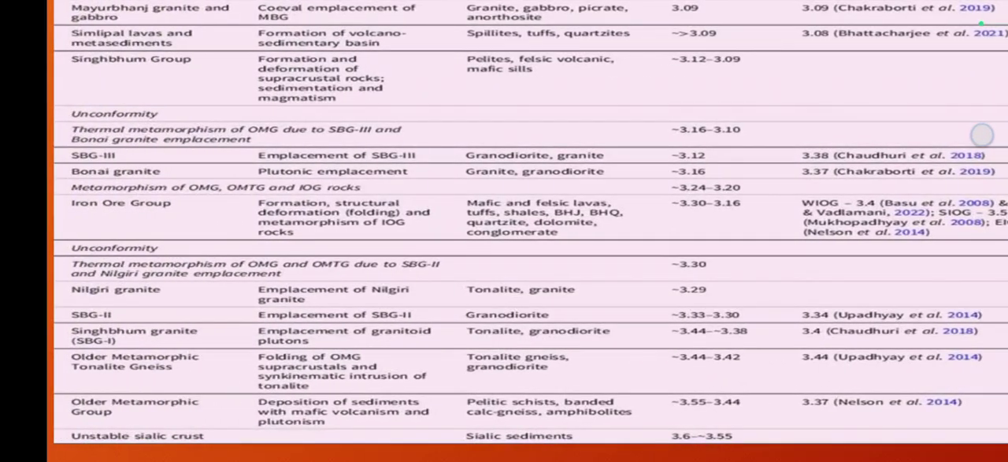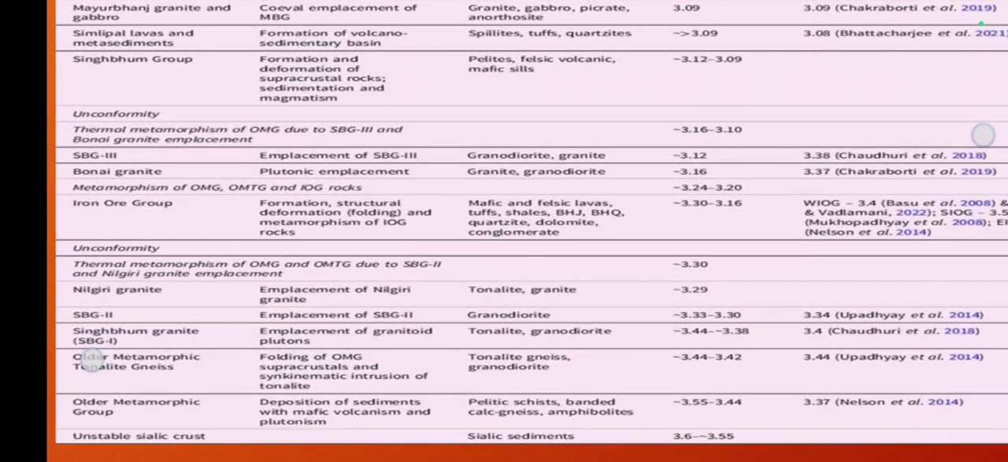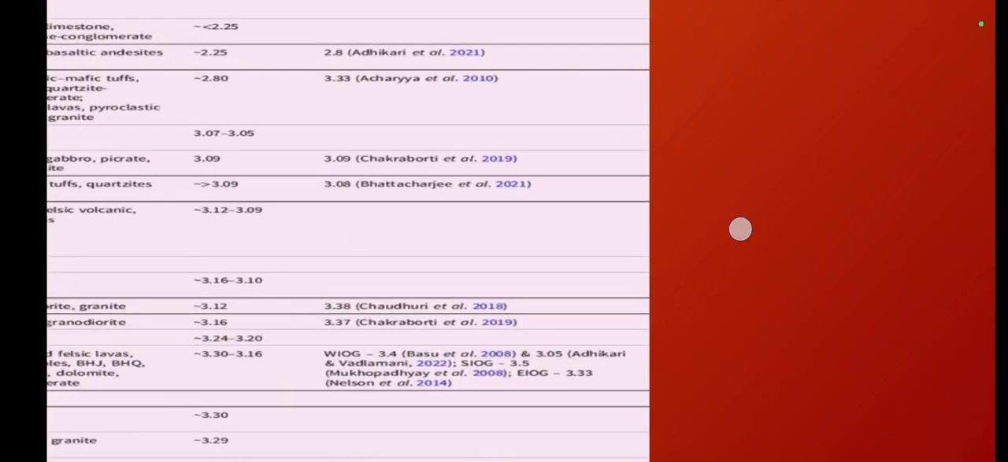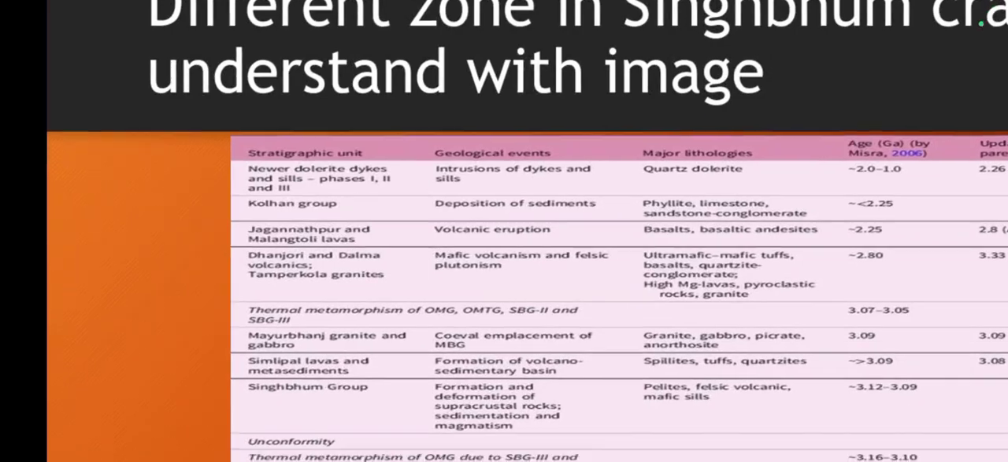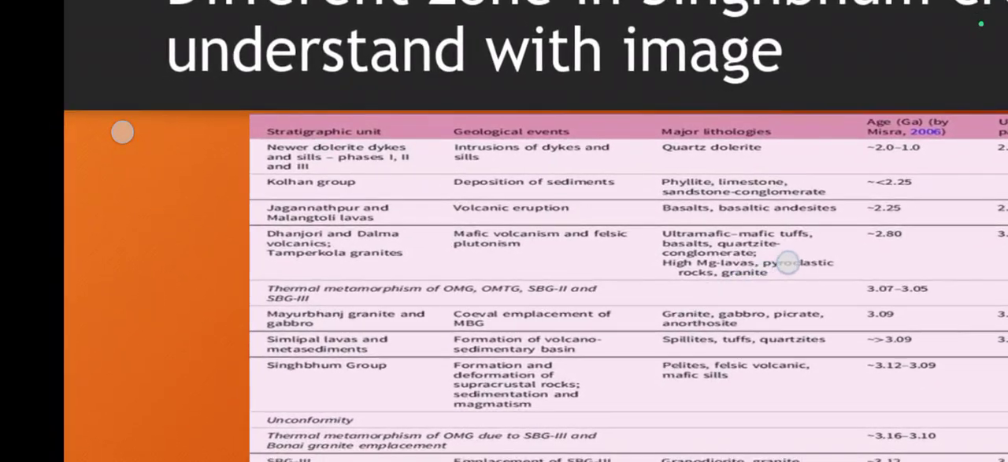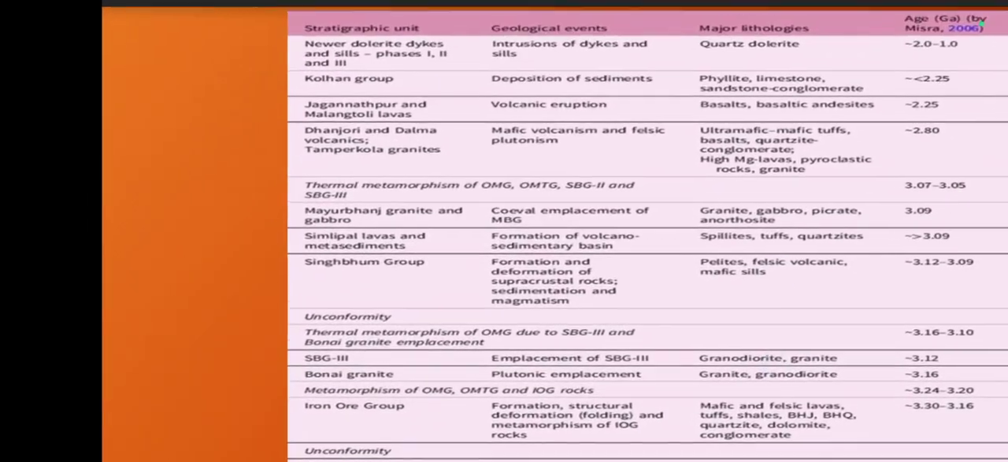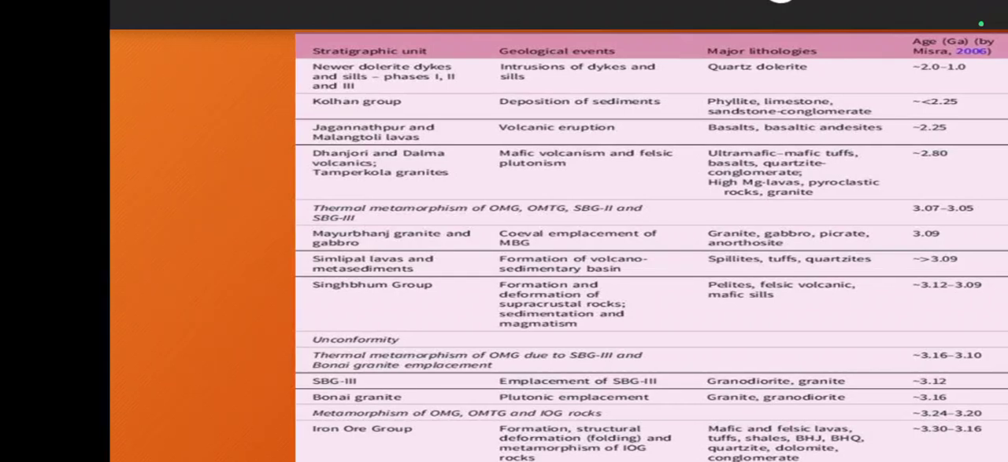So in the lowermost section you can see the older metamorphic group, and then older metamorphic tonalite gneiss, then Singhbhum 1, Singhbhum group of 2nd, and finally at the top of this particular slide you can see the Singhbhum 3, and in the top of Singhbhum craton, there you can see the Kolhan group, which is indicated by the deposition of sediment, and finally above the Kolhan group you can see